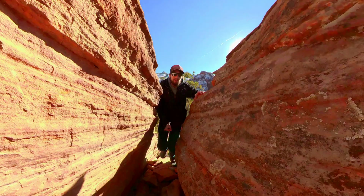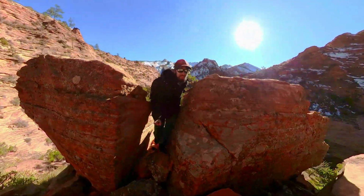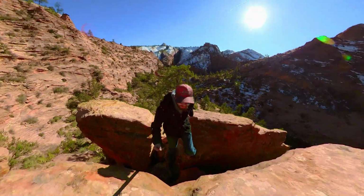And on top of that, I wasn't even really paying attention to what the camera was doing. I was hiking along, enjoying my hike. I had this out on the end of a selfie stick. The selfie stick is invisible to the camera, so it just looks like the camera's floating along magically through the air. I know I've said this before in other videos, but this camera, the fact that you can reframe the shots